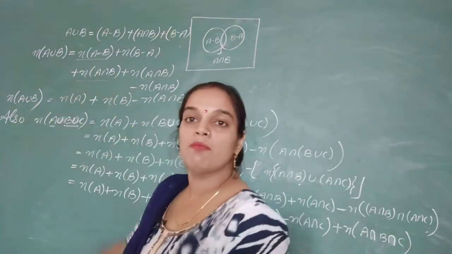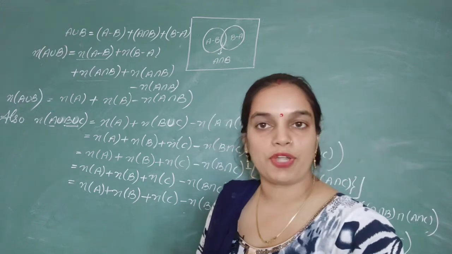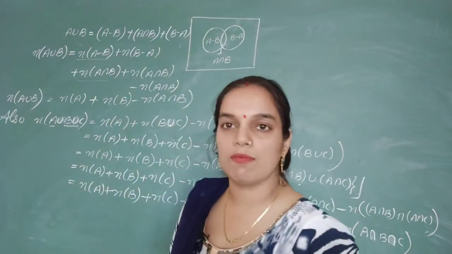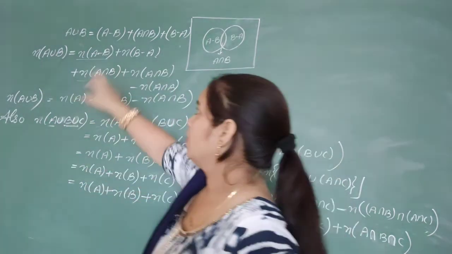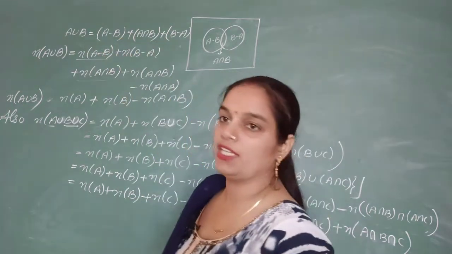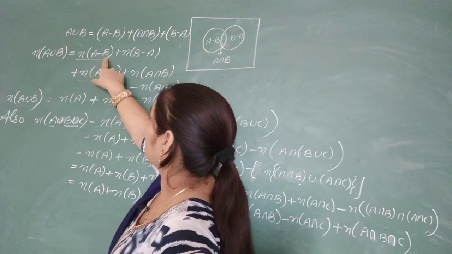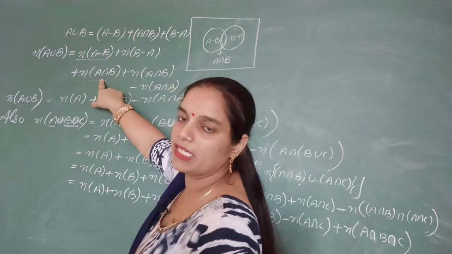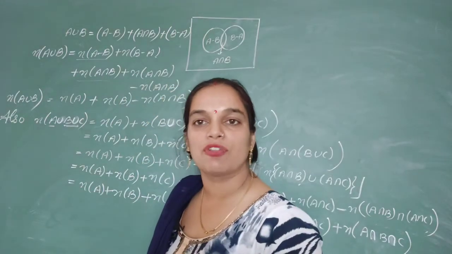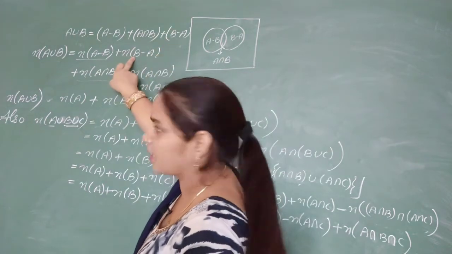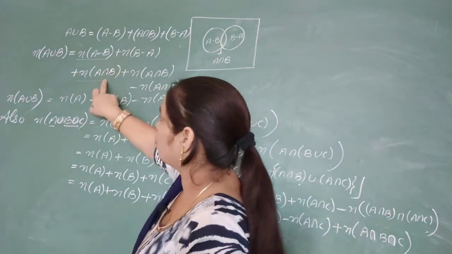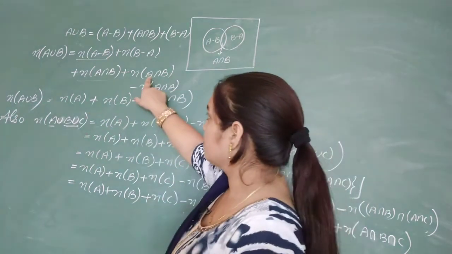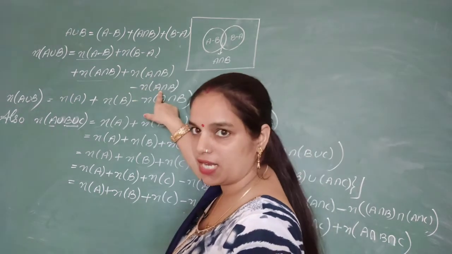Now we will take the number of elements in the set by putting n with the set. Here I am taking n of A union B, meaning the number of elements in A union B. In the three terms we will take n. Here will be the number of elements in A minus B, the number of elements in B minus A and the number of elements in A intersection B. मैंने तीनों टर्म्स के साथ नंबर ऑफ एलिमेंट लगा दिया है. थर्ड टर्म को सेकंड टर्म पे लिखा है और इसको बाद में राइट किया है. Then I am adding and subtracting two terms, n of A intersection B.